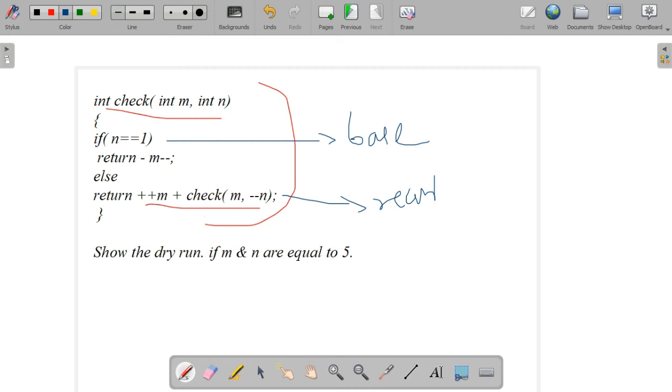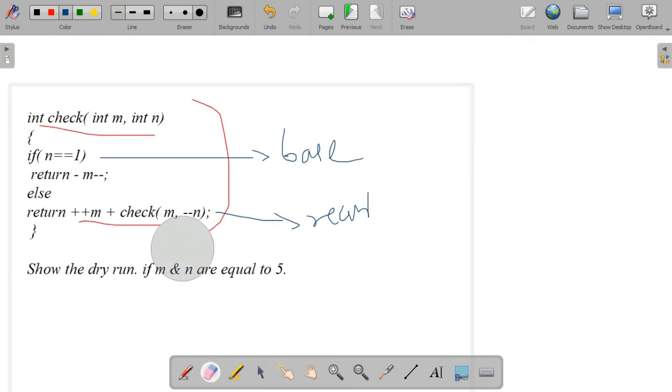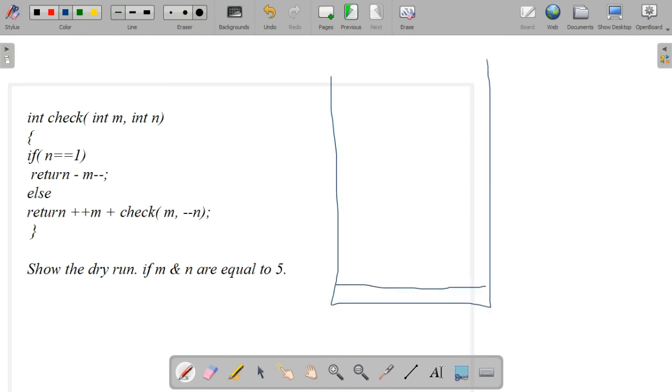So you should write the dry run indicating all the values. Let's see how to write it. So I'm just drawing a stack first. How we write the dry run for programs, in the same way we have to do. Before that, just check this stack, okay? Just checking to understand. Just drawing a stack. The last row or last frame. Yes, last row. This is the first frame.